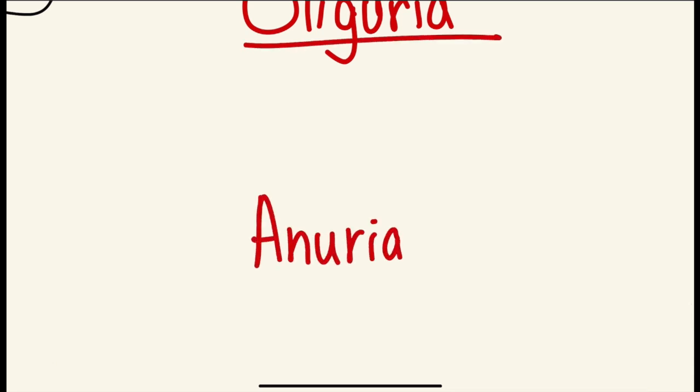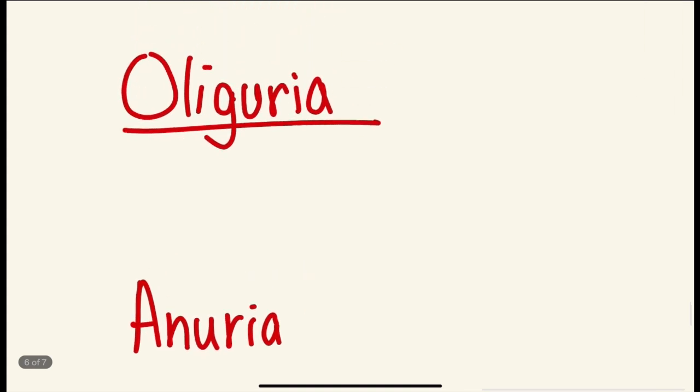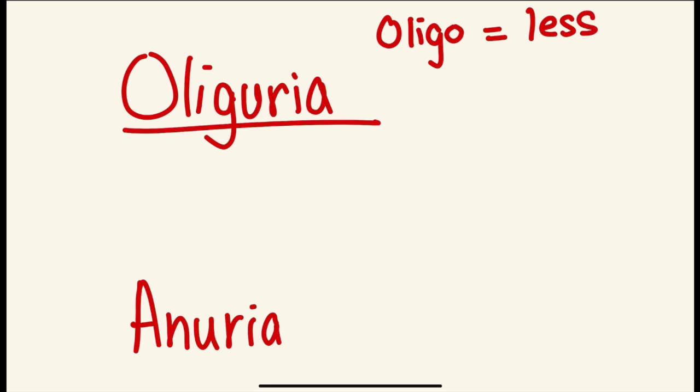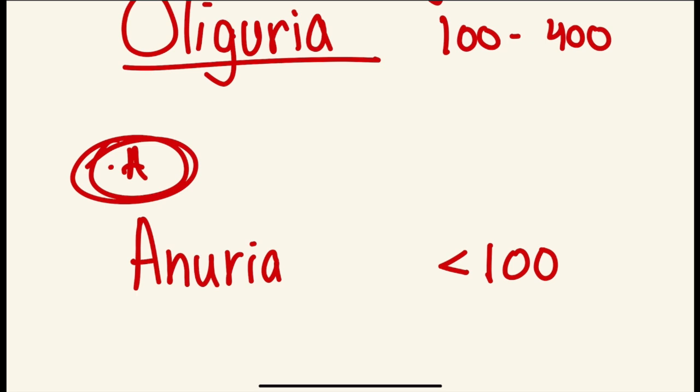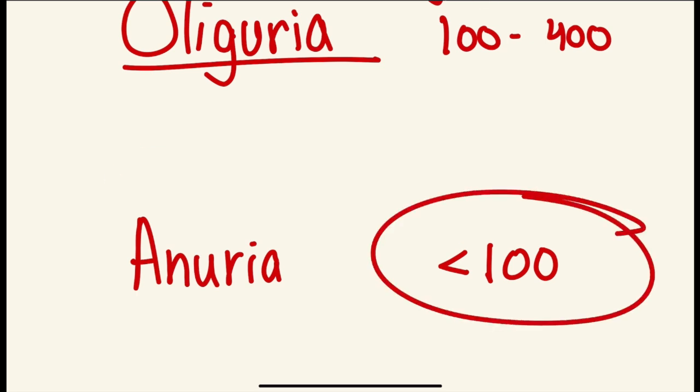Okay, oliguria. Oligo itself means less, right? So this is a urinary output of basically between 100 to 400 ml per day. And in anuria, it's less than 100, which is really less, right? And in anuria, the word an usually means absence of. So you can think of it like this, but there is some urine, so it's less than 100 ml per